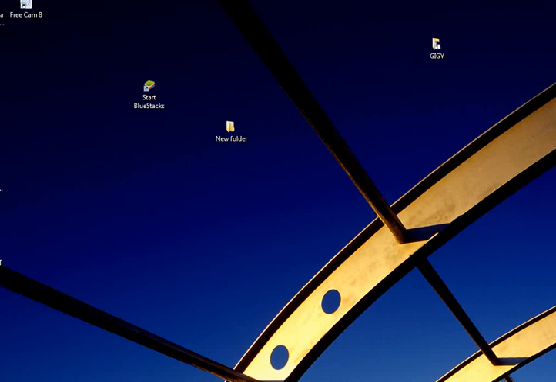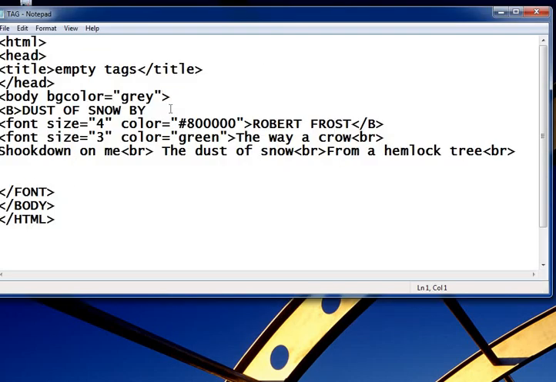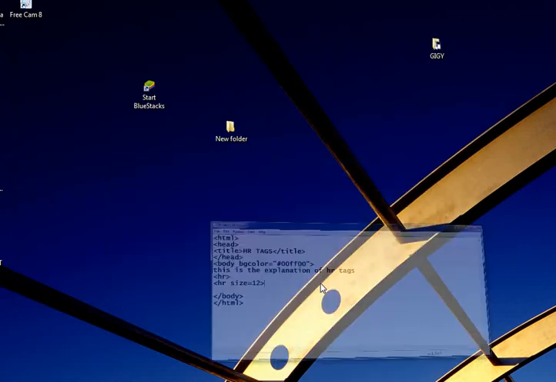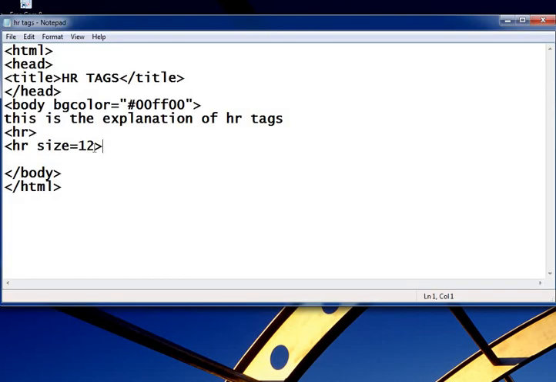Next attribute is the color attribute. So color is equal to, we can use either color name or hexadecimal color code. So now I just use color equal to yellow here.